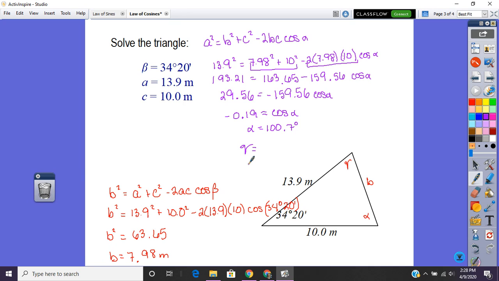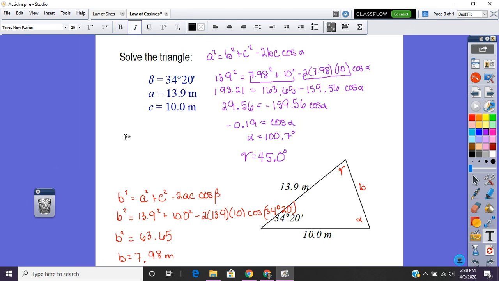And I'm going to leave them in decimal degrees. Typically, if it's in degrees, minutes, seconds, or in the DMS, you would keep it in that. But due to the distance learning that we're doing here, it really doesn't matter. This ends up being actually 45.0 degrees because it's 0.98. So if we round it, our answers on this one,